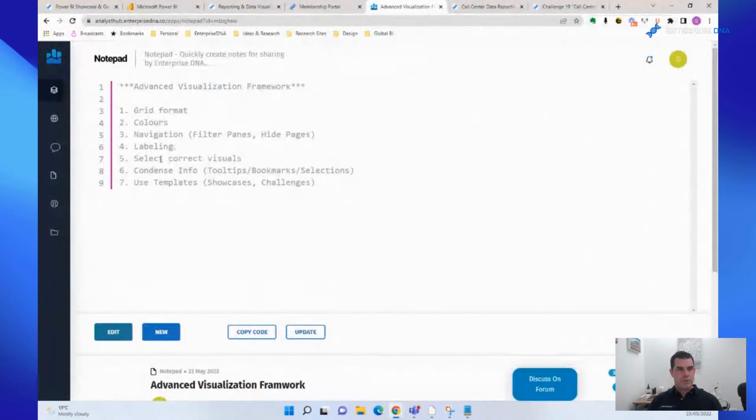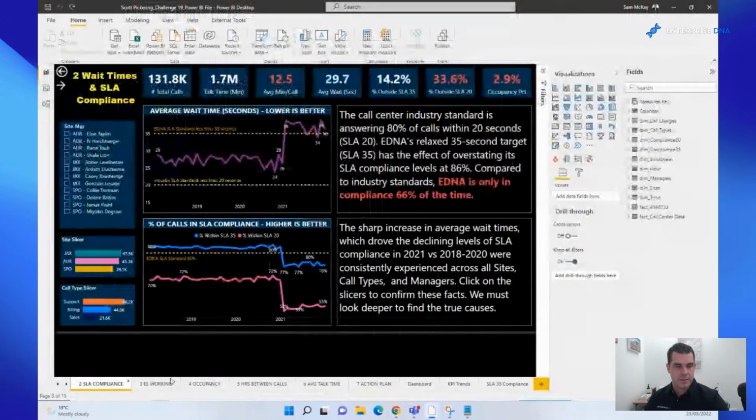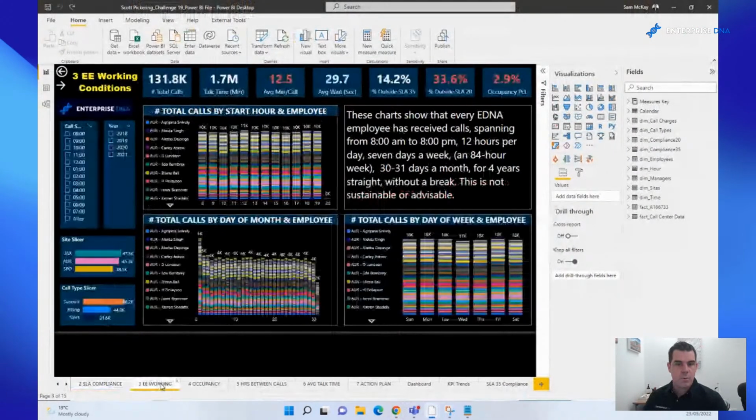Okay, a few more. Selecting the correct visuals. Again, it's just about being more effective in what visualization you choose. I want to go back to this example here. Whenever you're trying to showcase something, I really want you to have a think about what would showcase the insight a lot better.